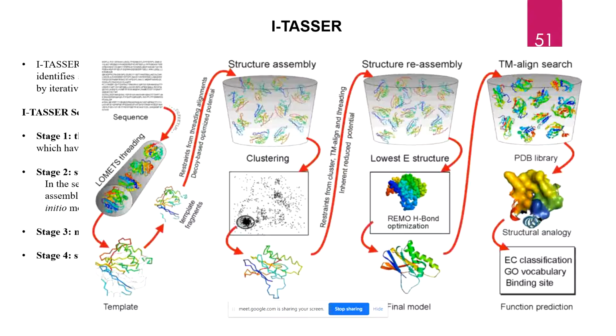The purpose of this second iteration is to remove steric clashes as well as to refine the global topology of these cluster centroids. During this second round of simulation, decoys are generated and clustered again, and the lowest energy structures are selected as input for REMO. And REMO generates the final structural model by building an all-atom model from the C alpha traces, through the optimization of the hydrogen bonding network.